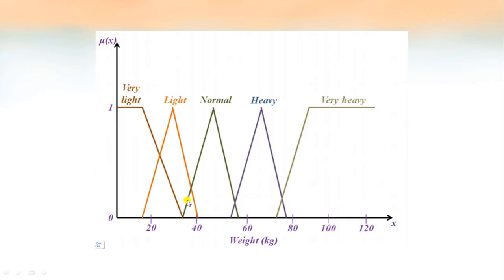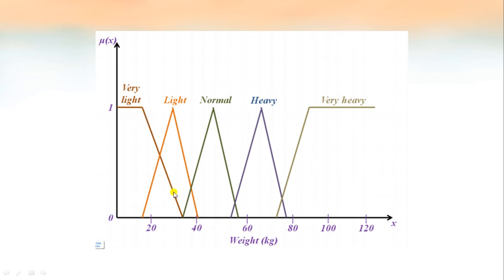Consider this graph. Here in the x-axis we have weights and in the y-axis the membership value associated with every variable x is mentioned, between 0 and 1. Consider that a person has a weight of less than 10. It is considered as very lightweight. So by common intelligence we can say that it is very light, so we can assign a membership value 1 based on that common intelligence.